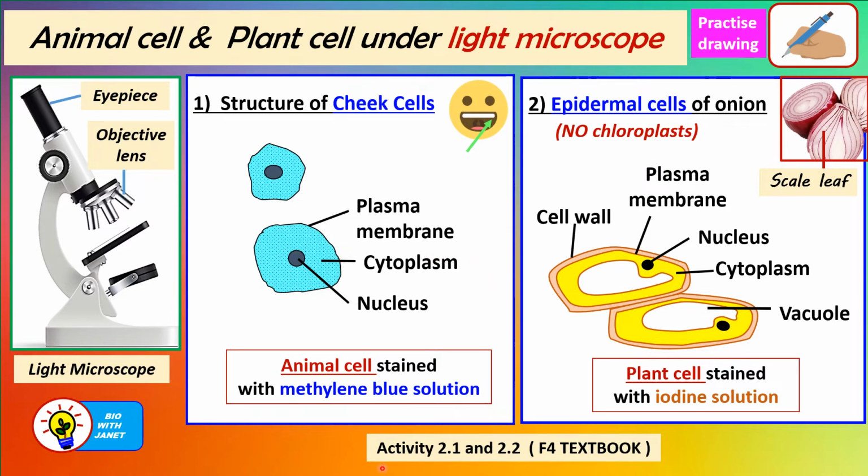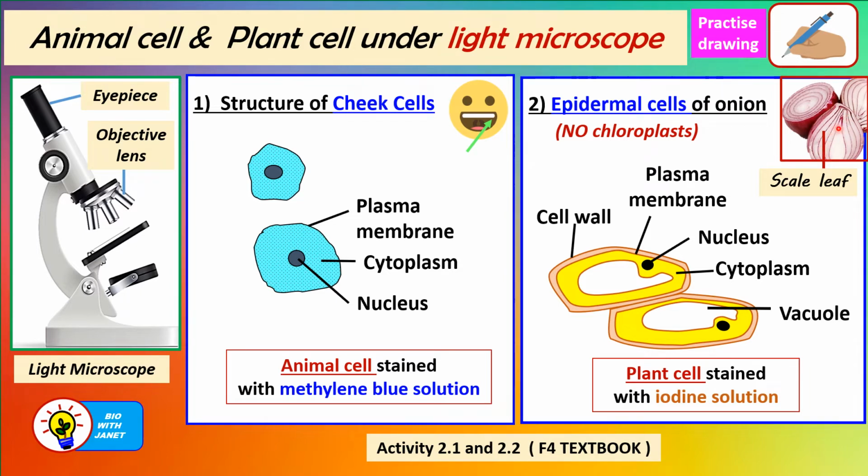Okay, more about that later. Now let's go on to the second type of cell, which is the plant cell. So for this, we are going to use the epidermal cells of the onion to observe how a plant cell looks like. Now, onion bulb, okay, you can cut it into half, and then you can see a few layers